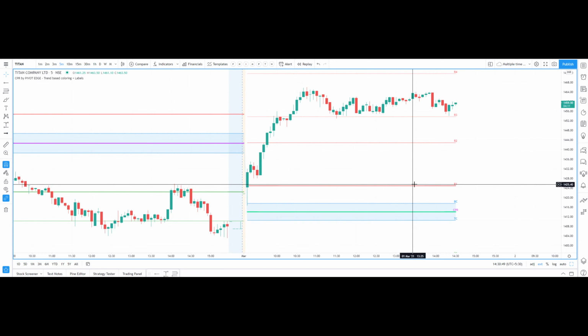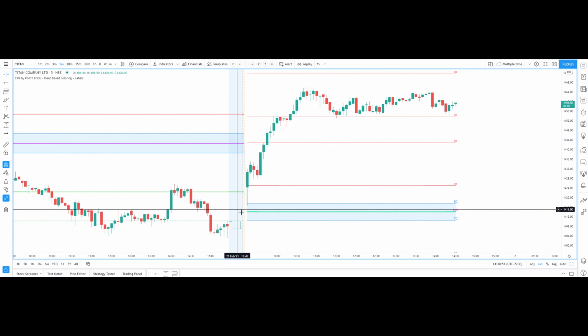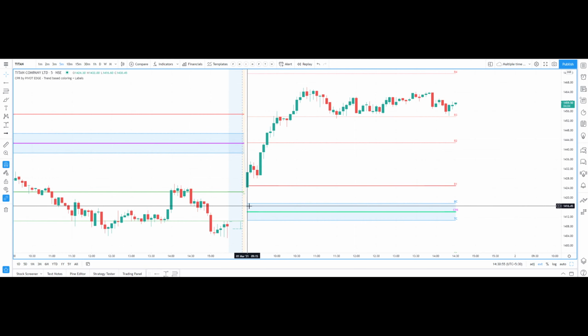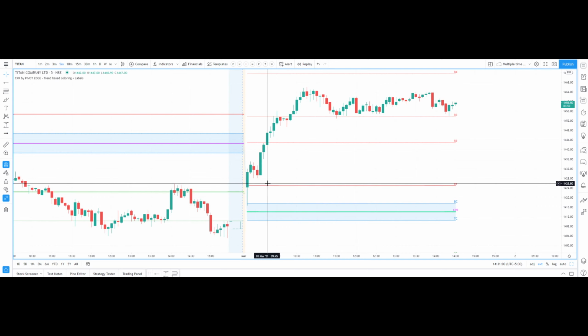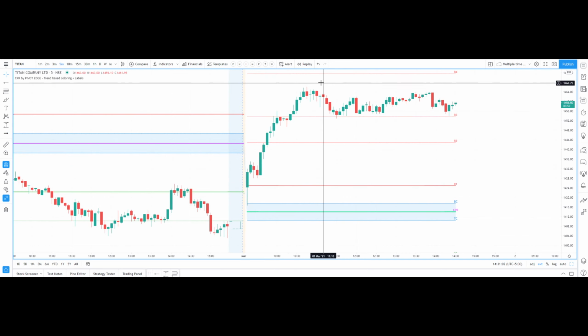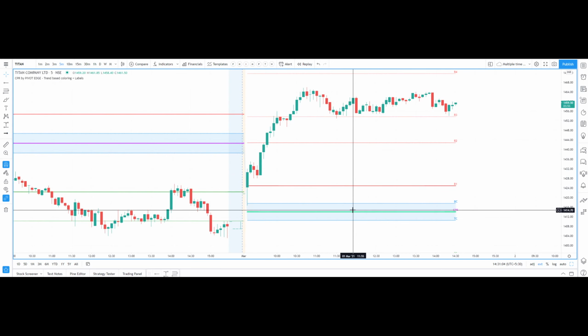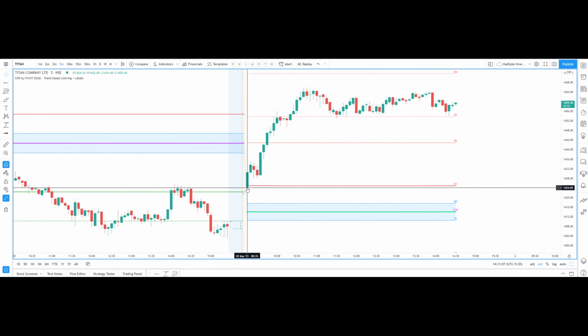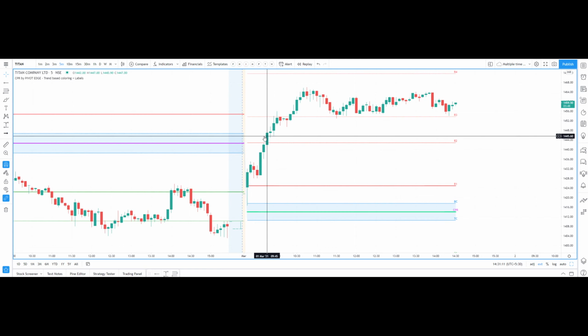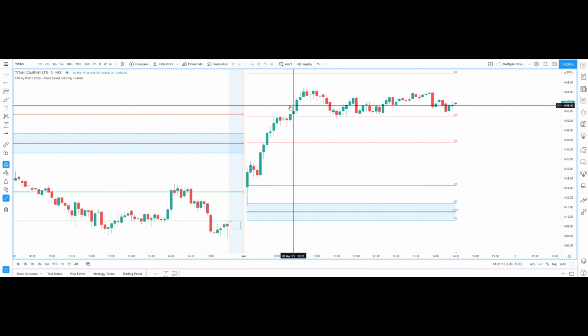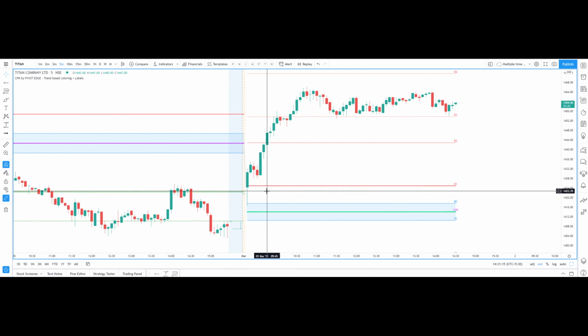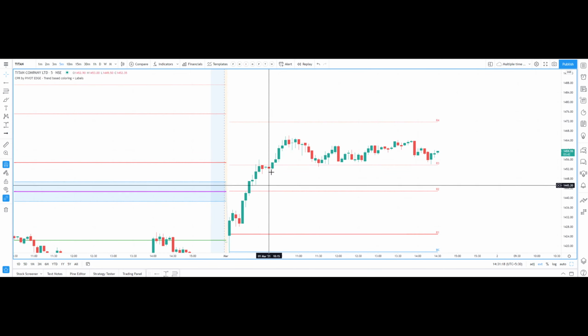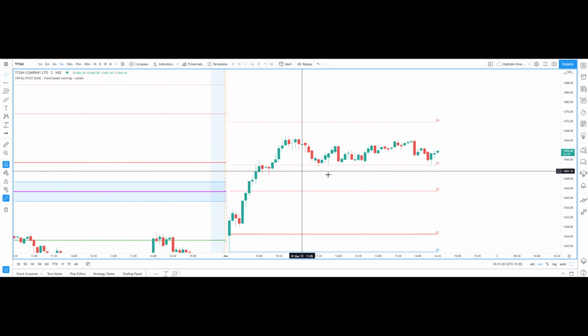Next is Titan. It has taken support from the first candle itself. After you see the first candle itself opening and closing above R1, you can be sure that it will go for the next higher targets and it will not come back down to CPR. So after this first candle, if you take a trade, you can go for targets of R2 and R3 and keep your stop loss below your R1. So it has achieved both these targets.